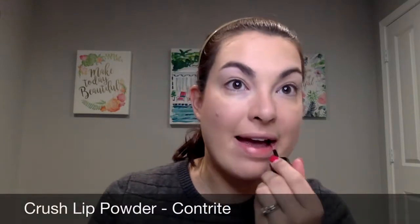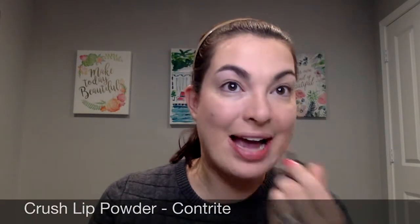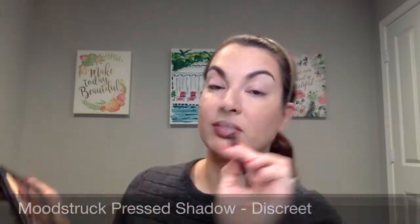What do I always like to do first? I love to apply my Moodstruck Eye Primer. I use my ring finger and I apply this all over my eyes. I let it set for about 5 minutes before I go in with my eyeshadow. I am using my Crush lip powder in the color Contrite today, in case you're wondering what I'm wearing on